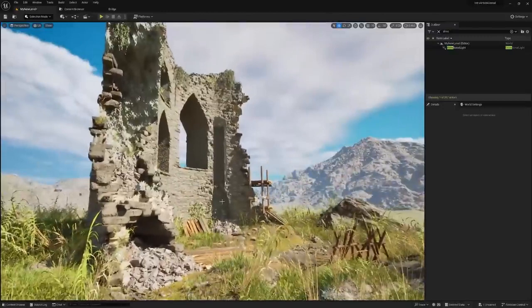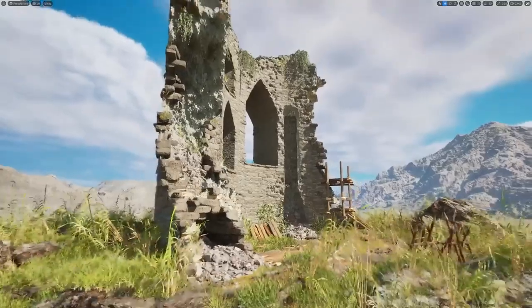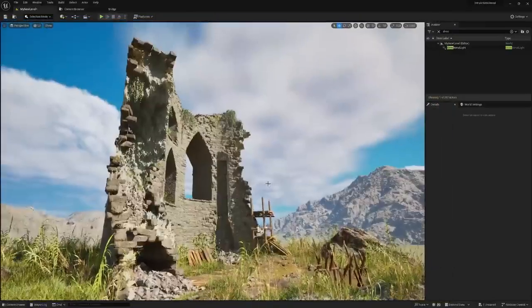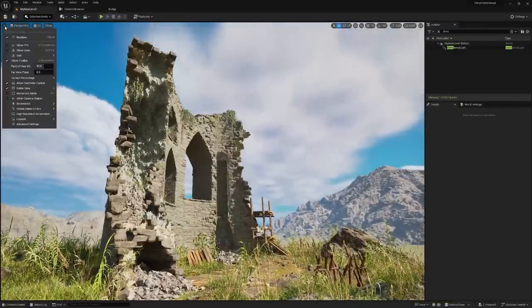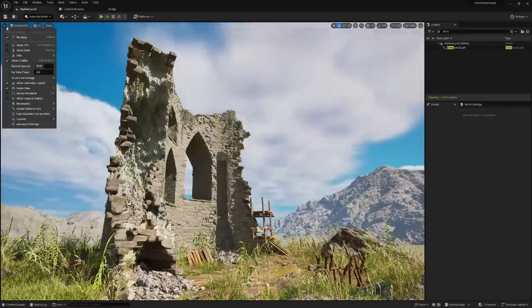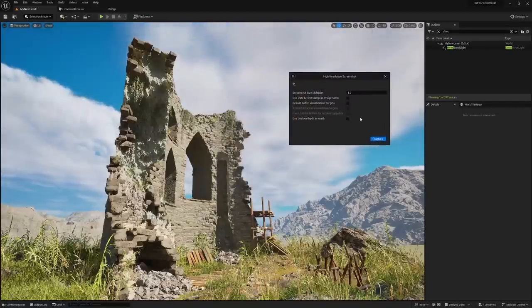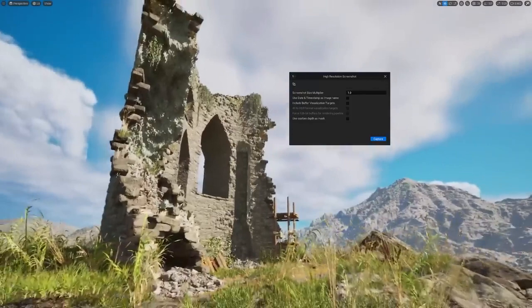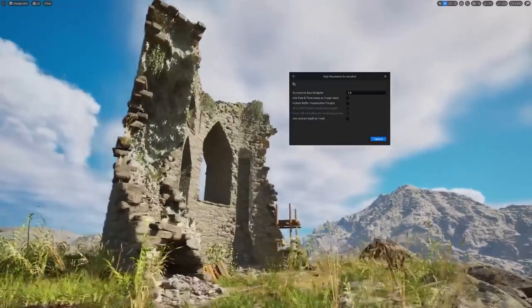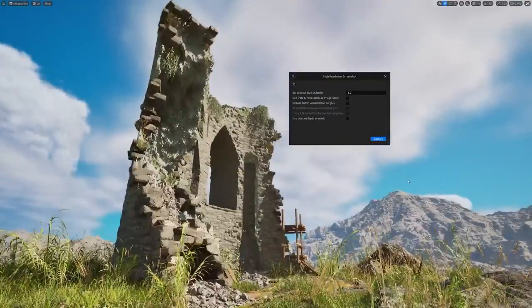So what do you do with this? Well, there are several ways you can go from here. What I will show you is how you can take a screenshot. If you go to the top left in the viewport options, high resolution screenshot, here you can change what resolution you want. So for example, I will make F11 here, and let's just say this is my shot, something like that. Capture,